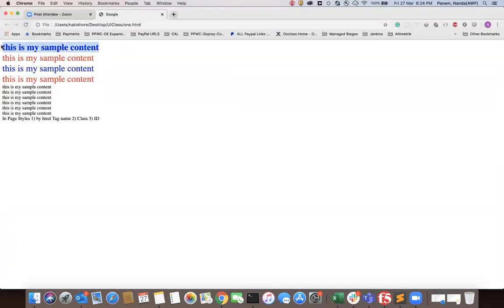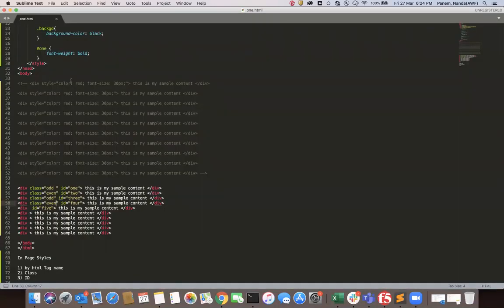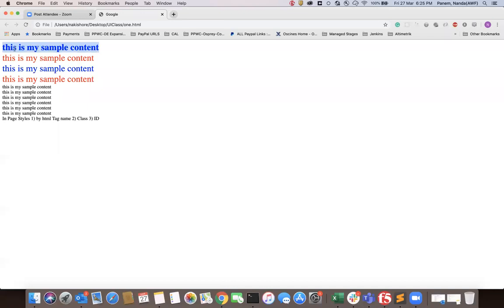See here, you can clearly see the first one only is bold. So if you want to provide multiple IDs, what you are doing? You need to add by comma. So if I execute this page, you can see whenever you are getting the IDs, you can provide the comma.